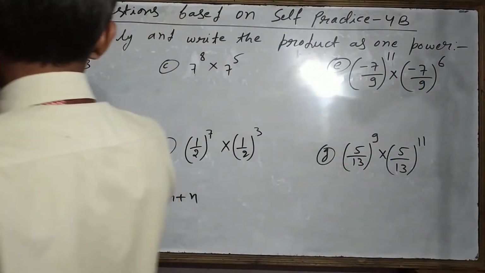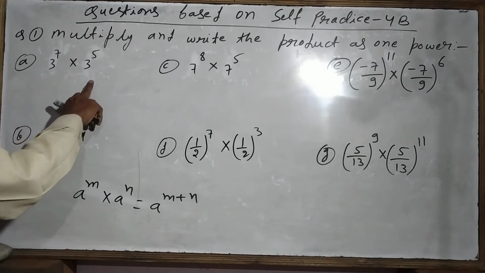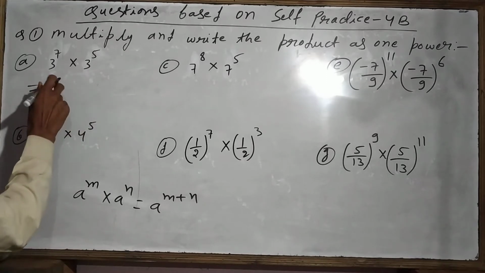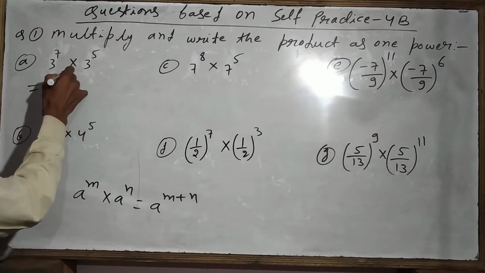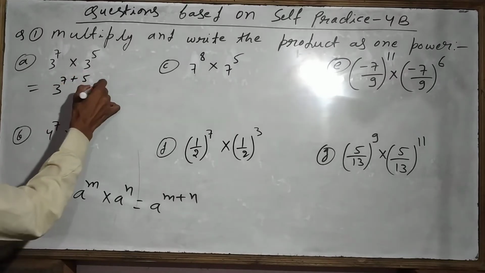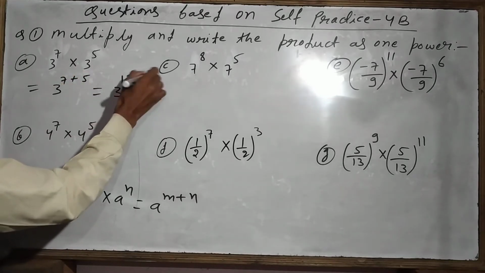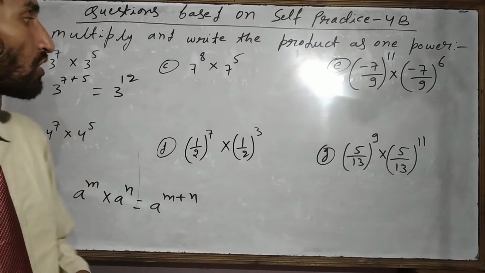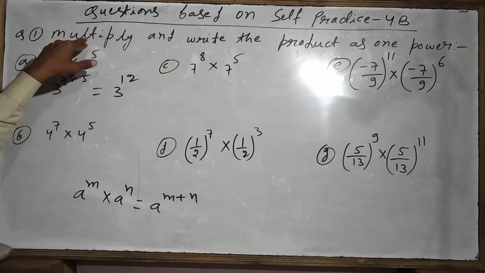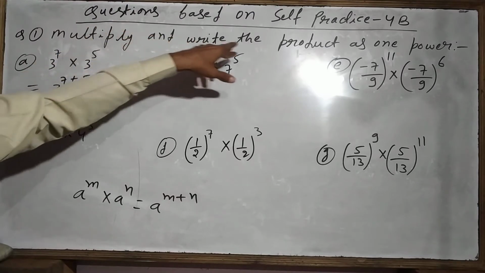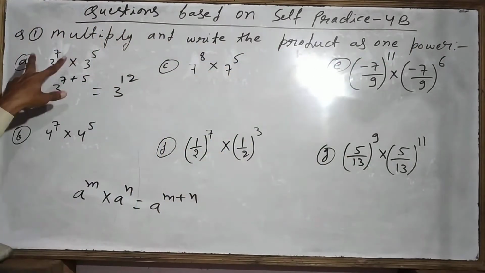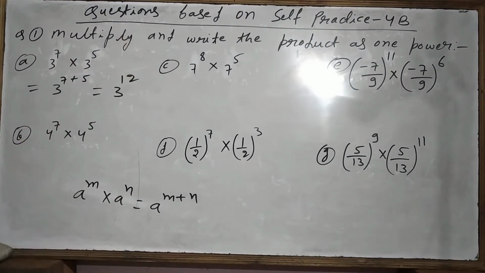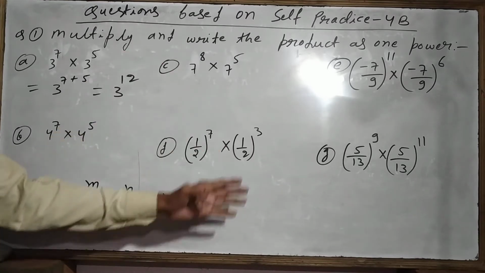Okay. So here the base is the same, 3 is the base, and the power is 3 power 7, here 3 power 5. Then in case of multiplication we will add both the powers, means 3 power 7 plus 5 will come. Now we add, how much will come? 3 power 12 will come. So this is the final answer. We will not find the accurate value, no need to find. Just what is the question asking? Multiply and write the product as one power. Means here 2 powers are there, so we are converting into one power, one base and then the power. Okay, so like this we will do in this type of question.